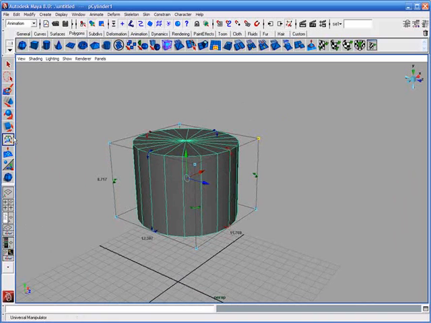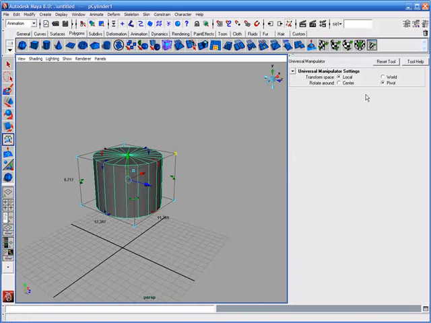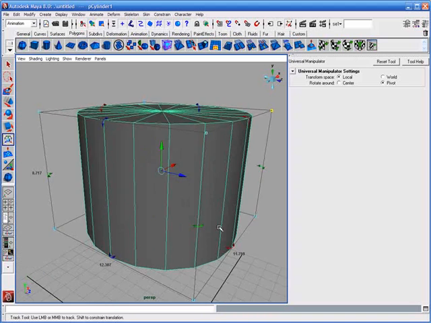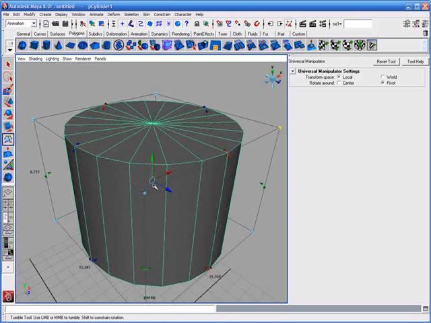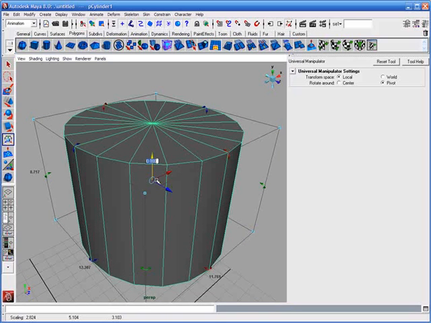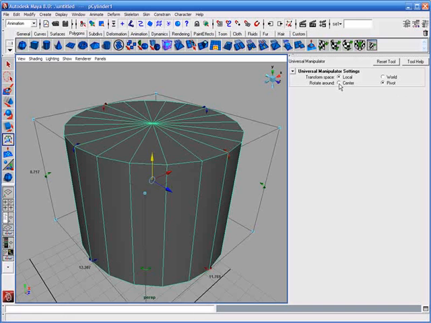Now there is something inside this option box that I would like to show you, so I'll double click on the universal manipulator tool, and that'll bring up its options. And I'd like to look at this area here that says rotate around either center or pivot. Right now it's set to pivot. In case you're new to Maya, the pivot point is basically the center of your object. You'll notice that my move manipulator is located directly in the center of my object's pivot. So if I set this to center,